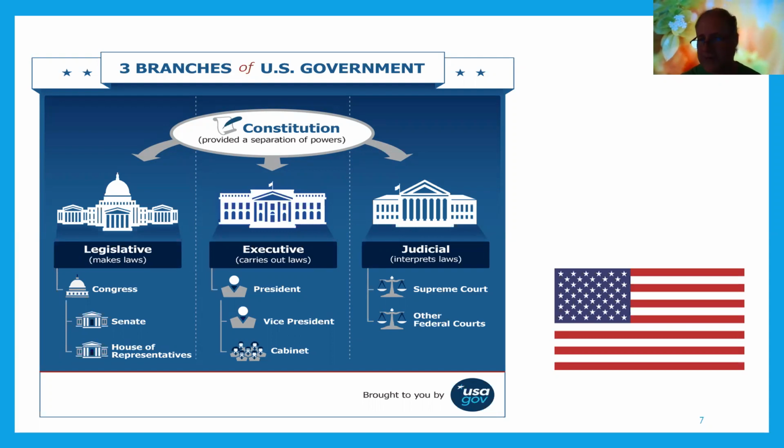The judicial branch is the court system, and the Supreme Court is the highest court in the land. There are 9 Supreme Court justices that sit on the Supreme Court. Well, how do you become a Supreme Court justice? Well, the current sitting president, if there's a vacancy, will nominate someone. There will be hearings, and the US Senate will vote. With a simple majority vote, if the person is nominated, will become a Supreme Court justice for life.